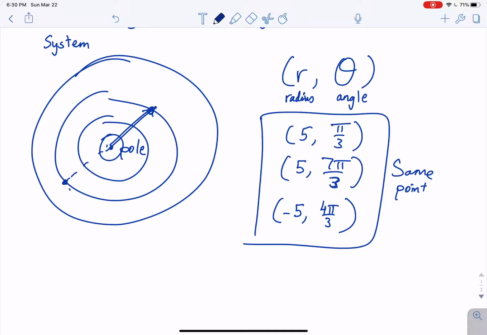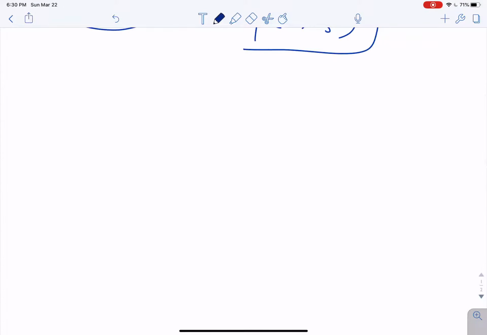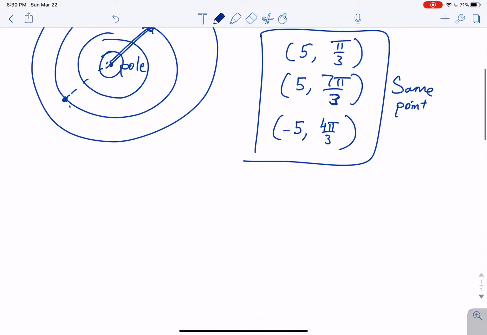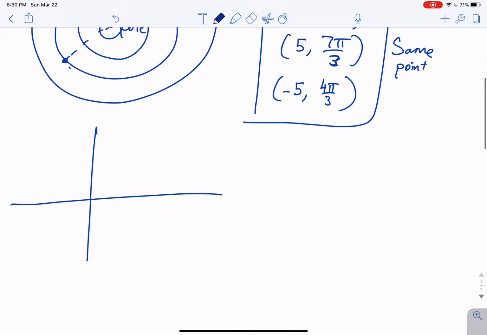And you should be able to just figure it out on your own from those points. The main thing we're looking at here is conversions between coordinates. So we think about where points are. If I think about the x and y system and then this system, right? If I have a point here and that's on one of these circles,